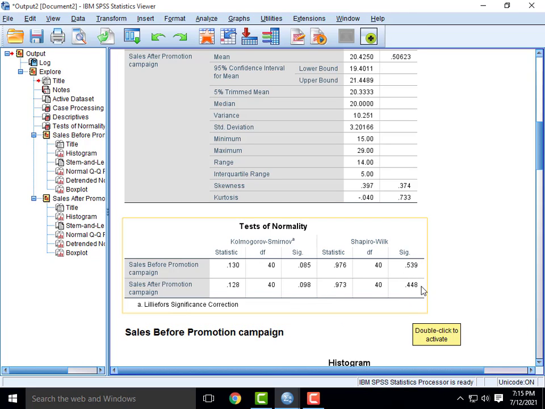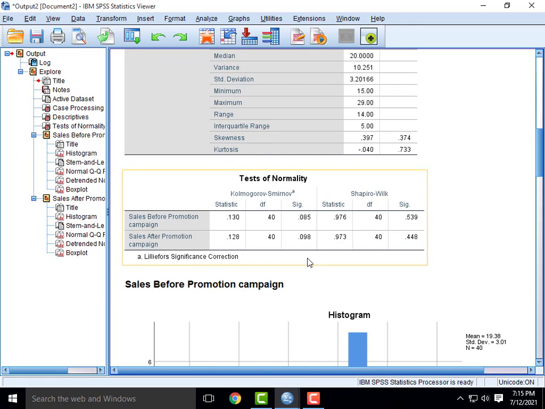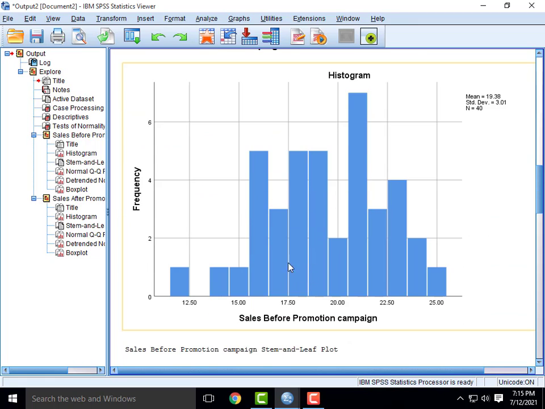Here the two significance values are greater than 0.05. This indicates that the data are normally distributed. Then next, come to the histogram. If you check this histogram, this also shows that our data are approximately normally distributed.